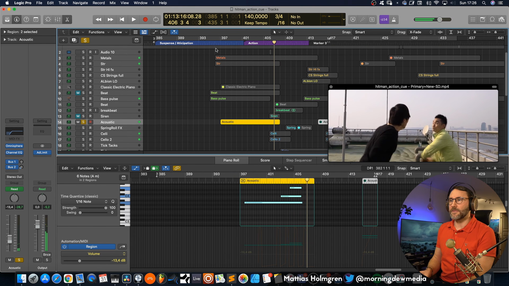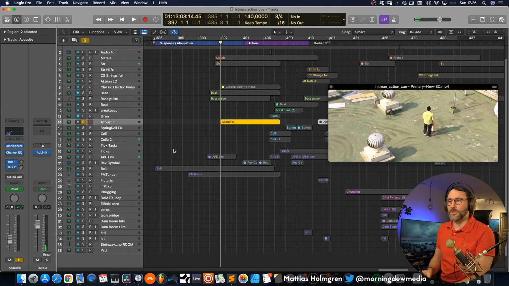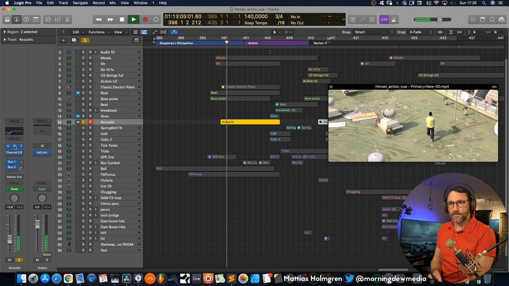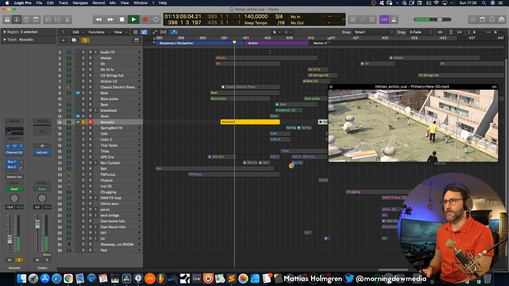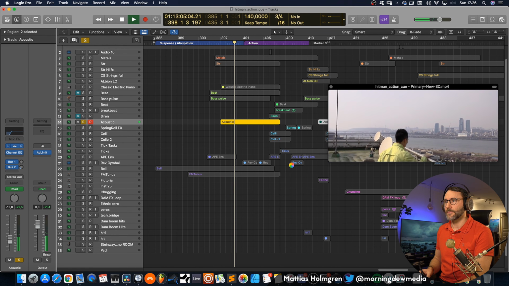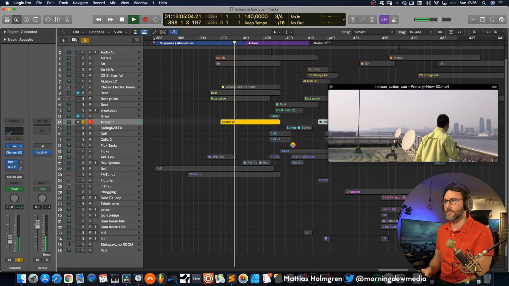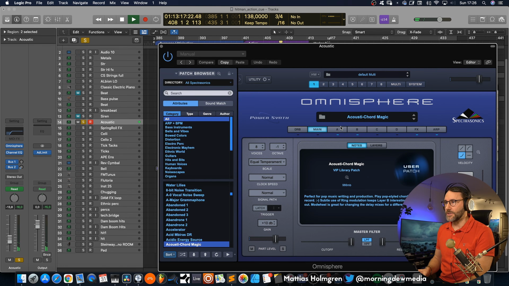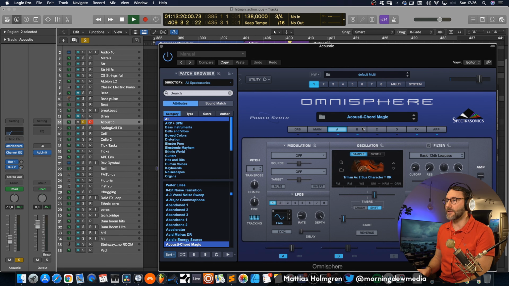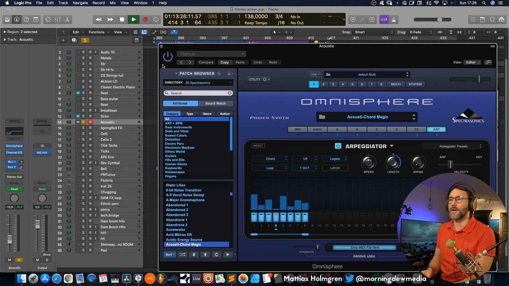And finally we have this acoustic arpeggiated preset from Omnisphere, which is called Acoustic Chordmatic, which is a nylon guitar and a Trillian bass with the arpeggiator activated.